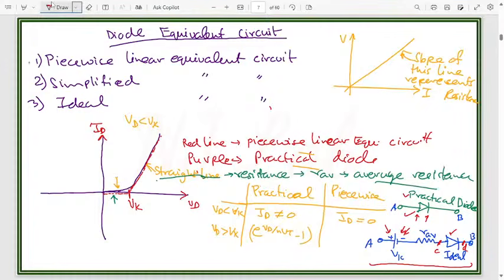So for this first case, if we want to represent our practical diode as a piecewise linear equivalent circuit, it means that simply we will replace our diode in the circuit with this Vk, RAV, and the ideal diode. Now from this, we will then